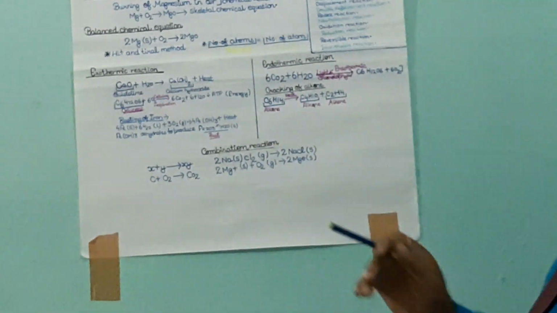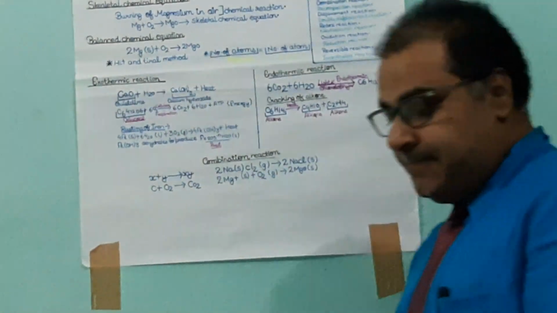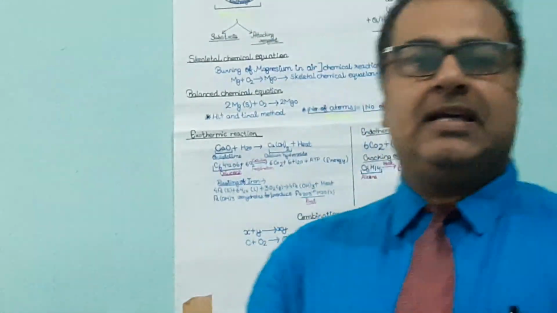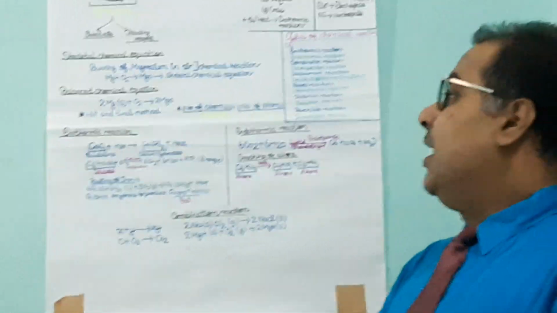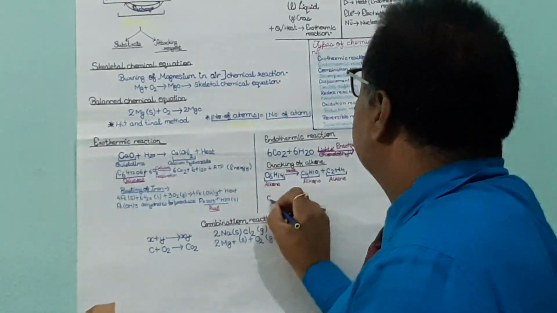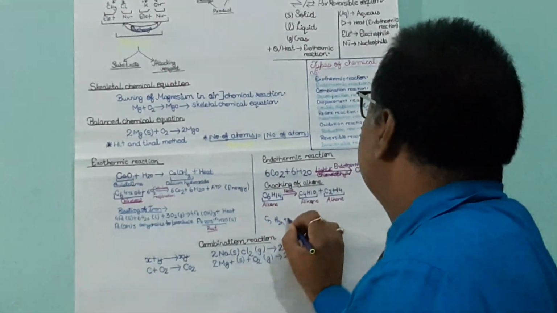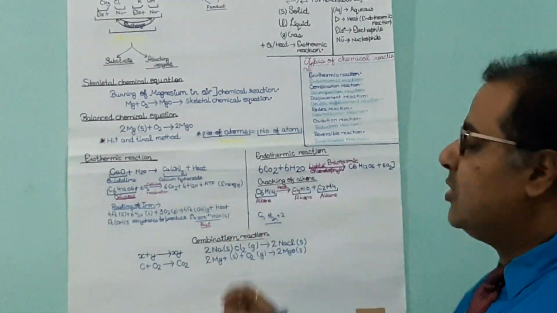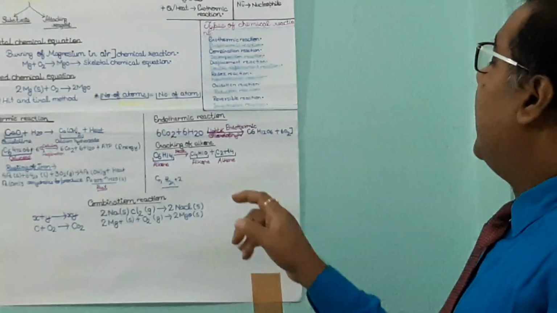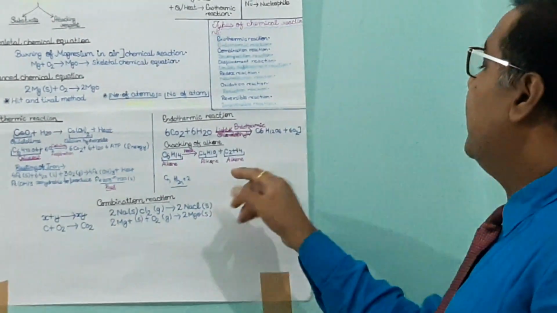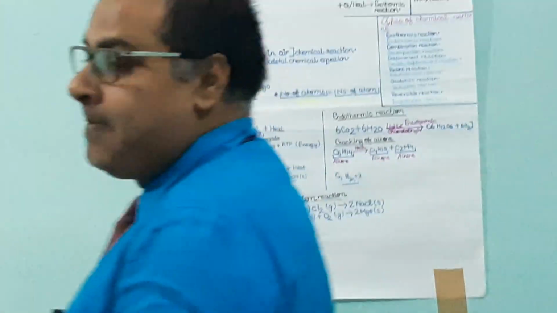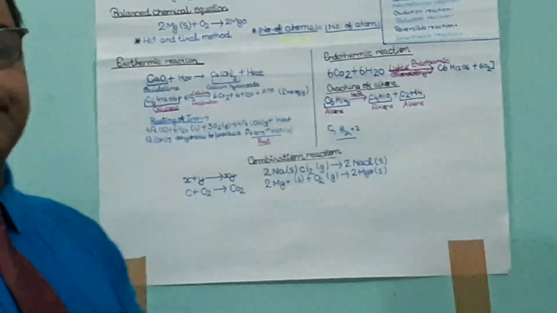Next example is cracking of alkanes. Higher alkane, that is, next topic we will discuss in carbon and its compounds. Alkanes are substances in which there are single bonds between carbon and carbon. The general formula of these single-bonded compounds is CnH2n+2. If you put the value of n as 6, the formula is C6H14, and that is called hexane. After heating, it breaks into a smaller alkane, butane, that is C4H10, and some products are also alkenes. This is cracking. Cracking means breaking.